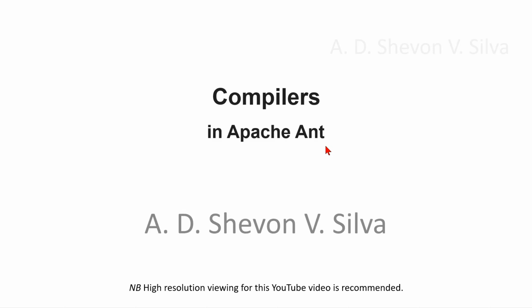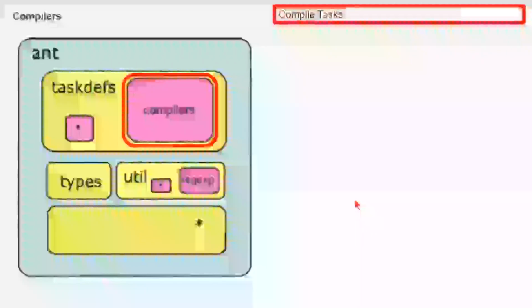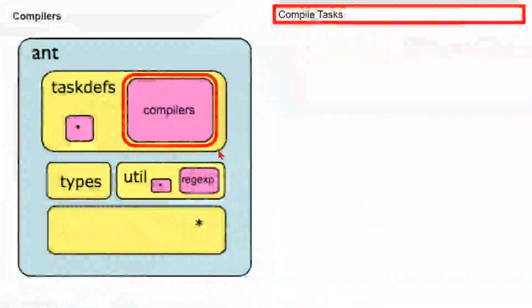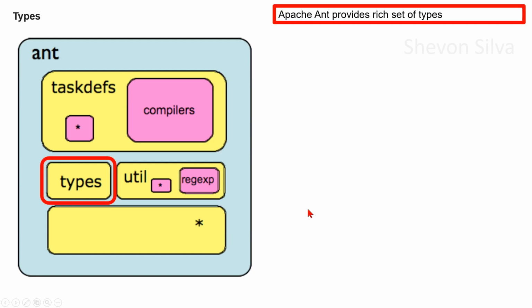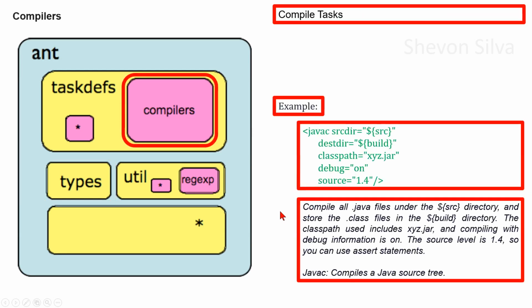Compilers in Apache Ant. Now we are focusing on compilers. These are compile tasks. As an example, we can consider this. Compile all .java files under